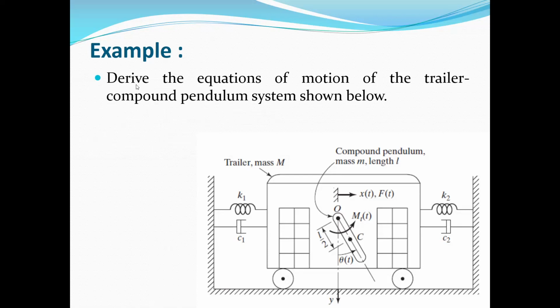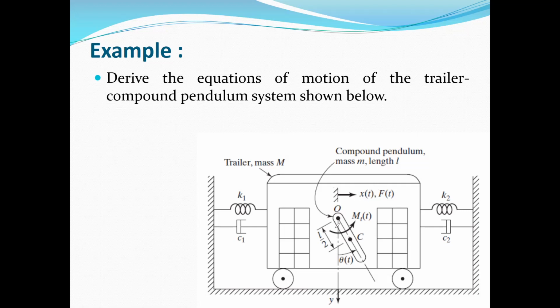Okay, here the next example, we deal with somehow a complicated system. We want to derive the equations of motion of the trailer compound pendulum system shown below. Here we have a trailer which includes a compound pendulum. This system is moving with a velocity of x dot and acceleration of x double dot, and